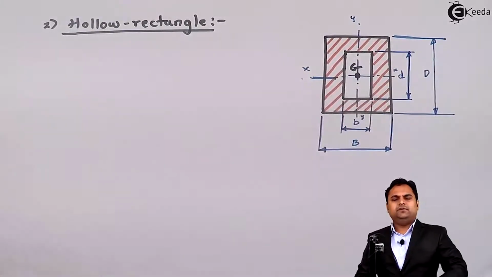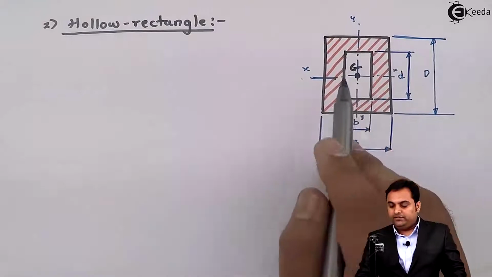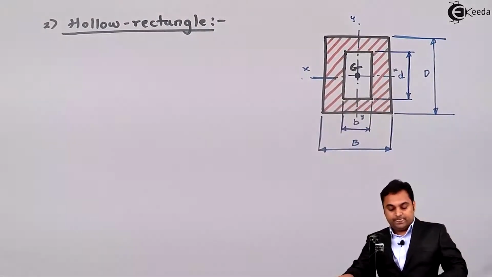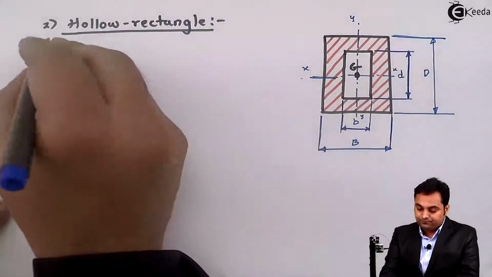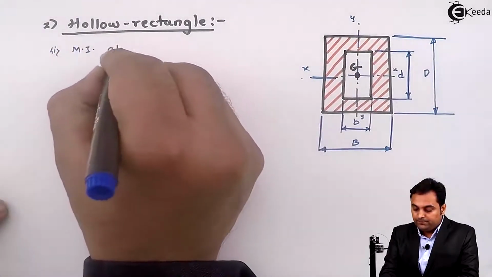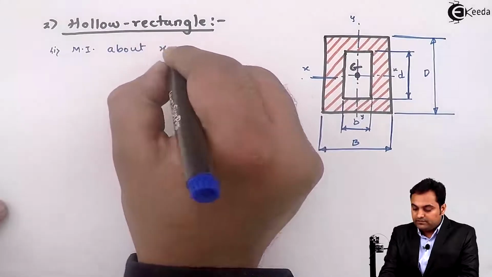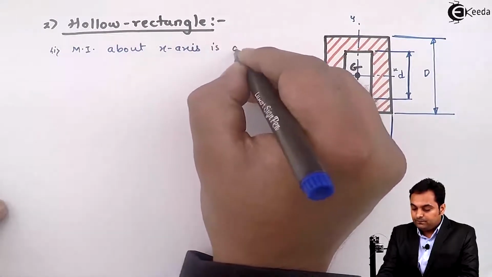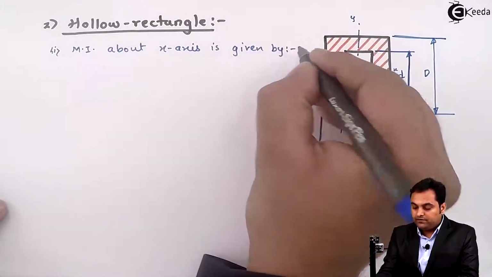Now I will write the moment of inertia formula at the centroidal axis x and y. Therefore MI about x axis is given by